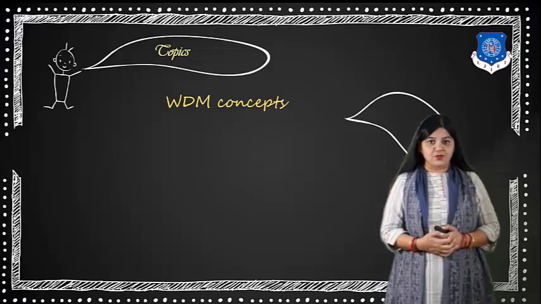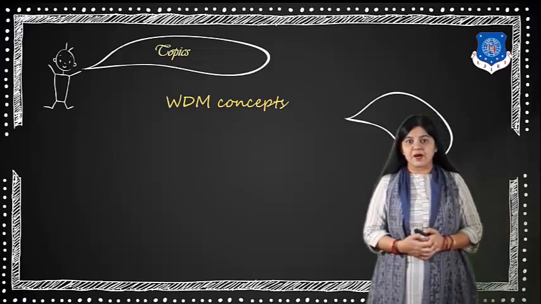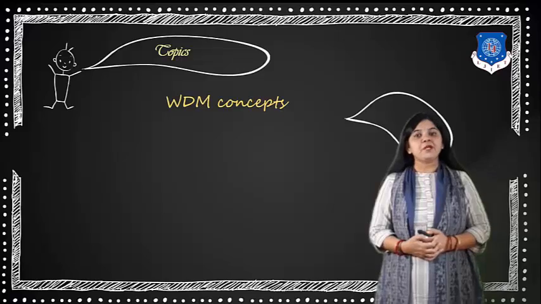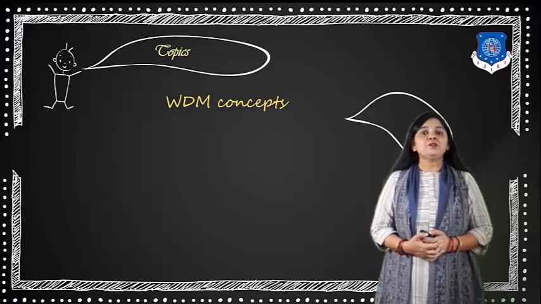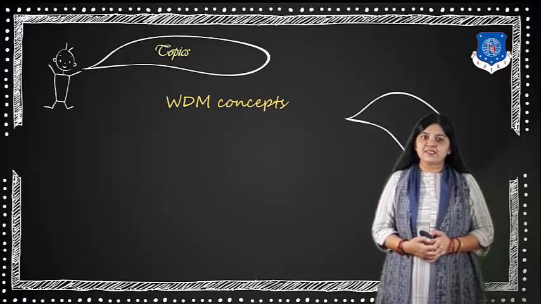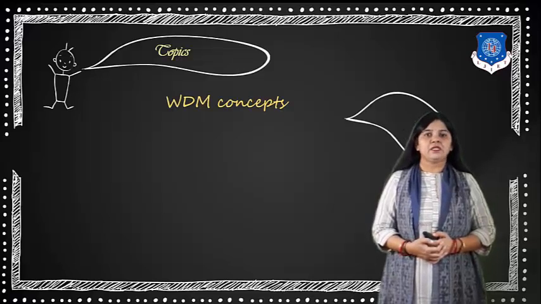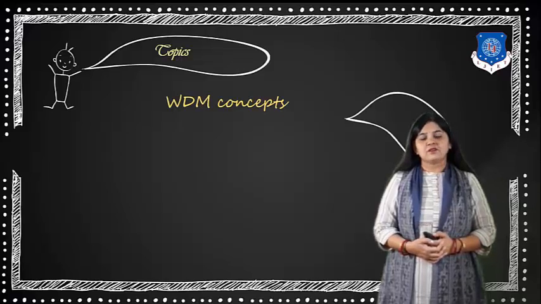In today's video, we are going to discuss the WDM concept. WDM, wavelength division multiplexing: multiplexing the different wavelengths and transmitting them over a single communication channel, and separating out the channels